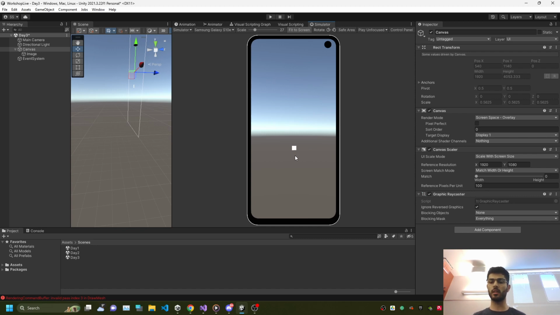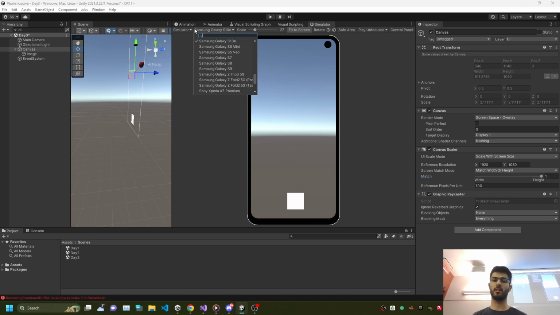So here you can see that the UI got really small because I'm on this phone that has a different aspect ratio. It's the opposite of 1080 by 1920, it's this way, and phones are that way. So the UI becomes really small because it's set to match the width. But I can set it to match the height instead, and then it has the same size as the 1080p